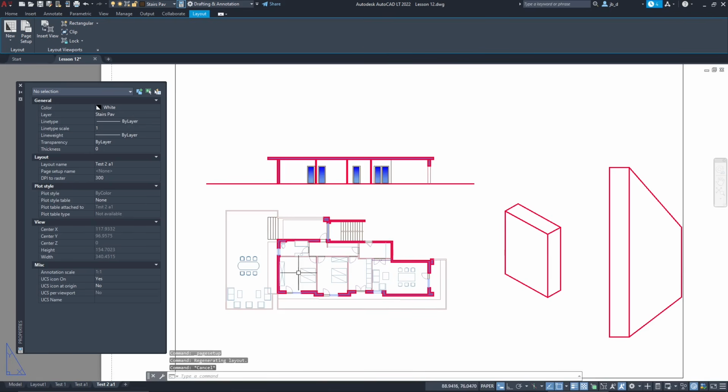Now when we create projects, we need to create sections, elevations, and other types of views. And if you use Revit, for example, you just need to create the model, and then you can create infinite sections and infinite elevations. So I definitely suggest you again